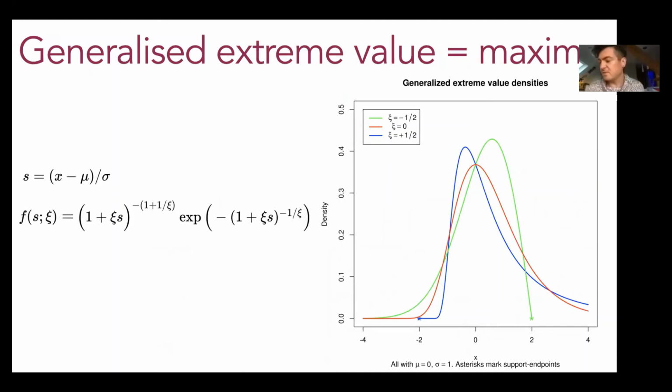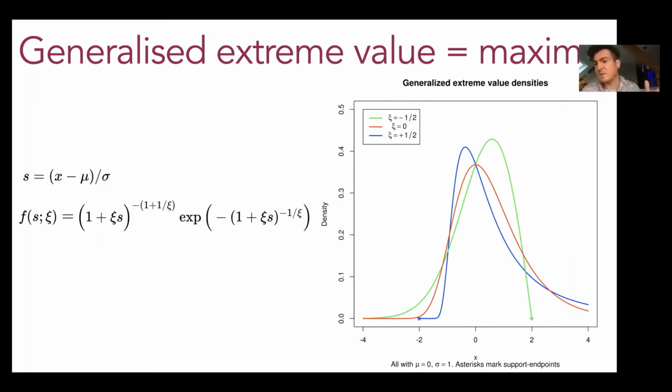One of them is the maximum analog to the normal distribution. When we're looking at the normal distribution, we're taking a bunch of things and adding them up, and then looking at the distribution of their sum. But if instead I was just interested in the maximum, I would take a bunch of things and look at the largest one and throw the rest away. And I would take a bunch of other things, take the largest one, and throw the rest away, and do that a bunch of times. Exactly how we did with the Caspian Sea and those random planets. So I have a bunch of lakes and I just take the biggest one and throw the rest away, and I want to look at the variability or the distribution of those maximum values.